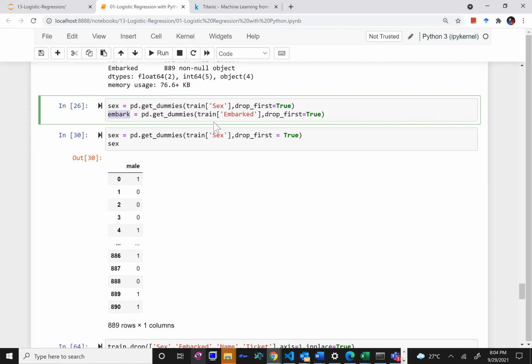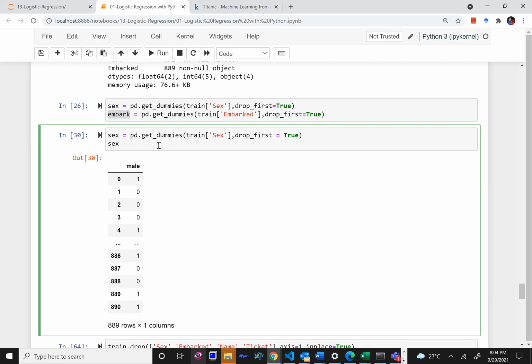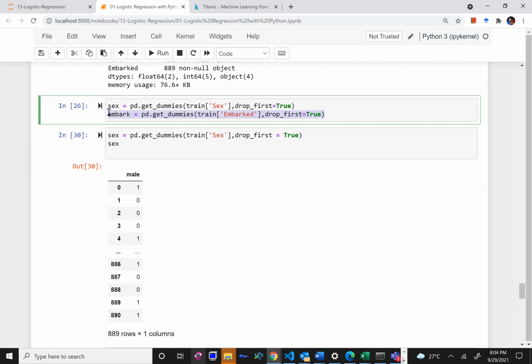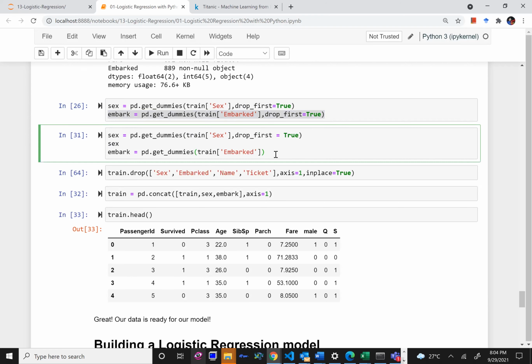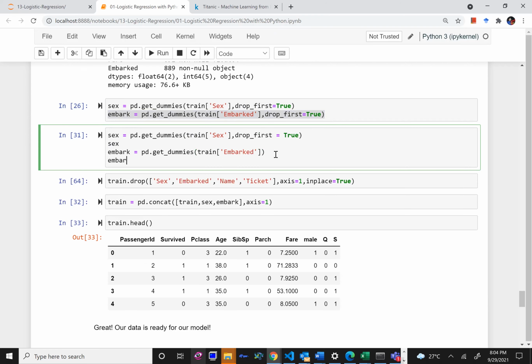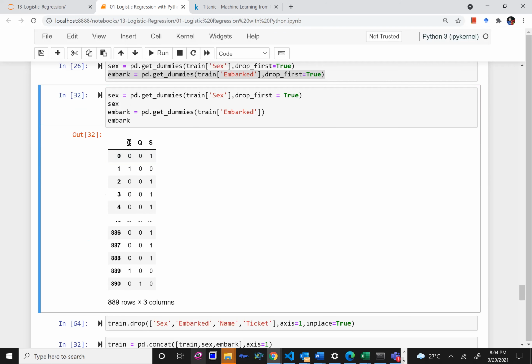And similarly, it is for the embark column. So now let me do it with the embark column. Let me just copy it, paste it. If I convert, let me just see the embark. It looks like C, Q, and S. So Southampton, Cherbourg, and Queenstown. One more station was there. So the first line means Southampton, this line means the station was Cherbourg, sorry, and this line means the station was Southampton, right?